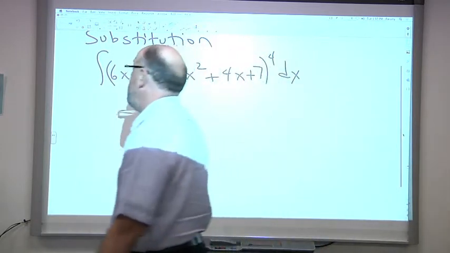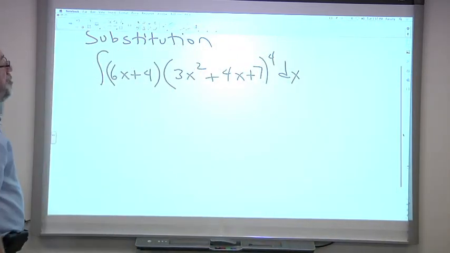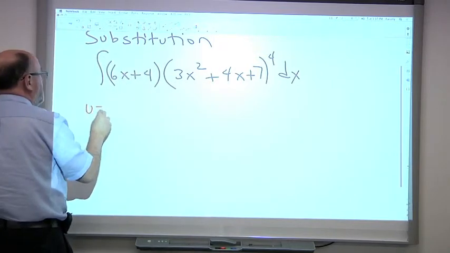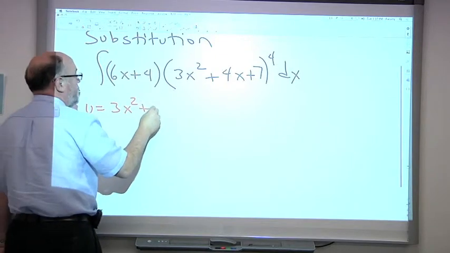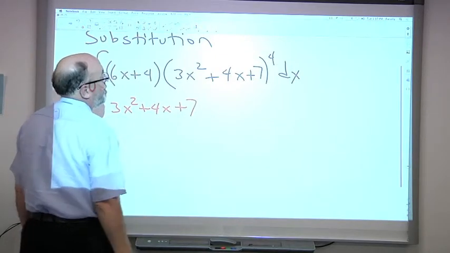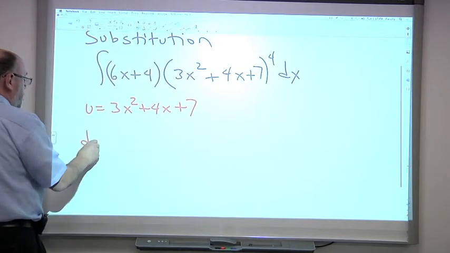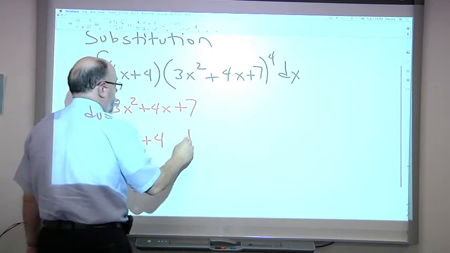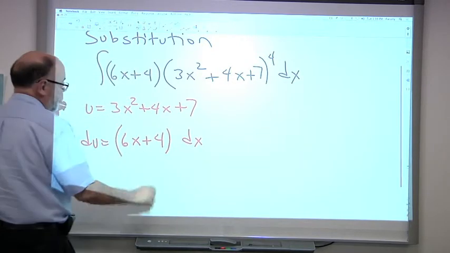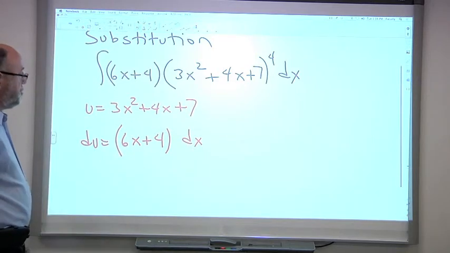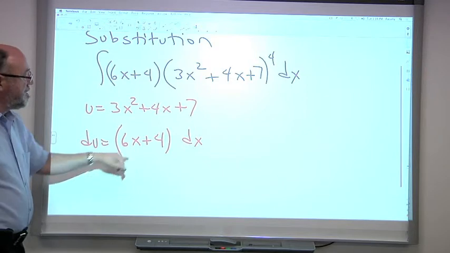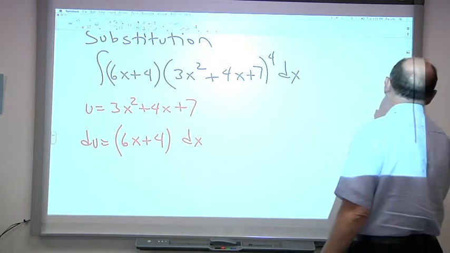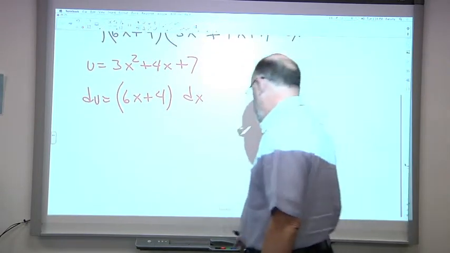that if we have something in our basic form, u to the n, we can integrate. And so here, we're going to say u is this thing that's all being raised to the power, and then du, now the derivative of this is 6x plus 4, and then we get our dx. So now I notice that my du, 6x plus 4, matches exactly what I have, and so we can substitute, and we now end